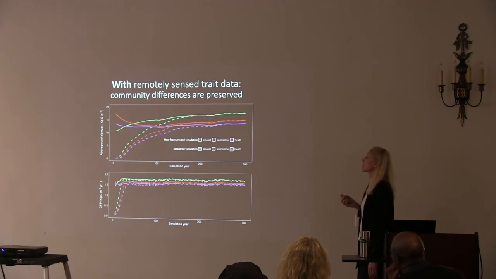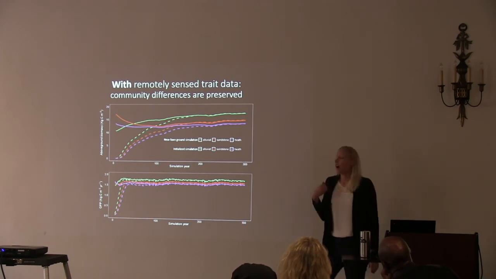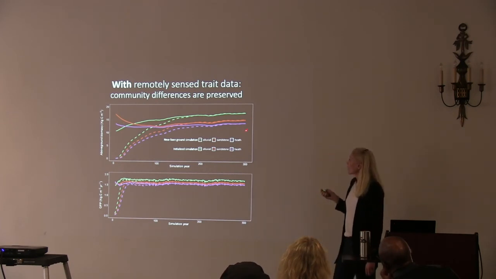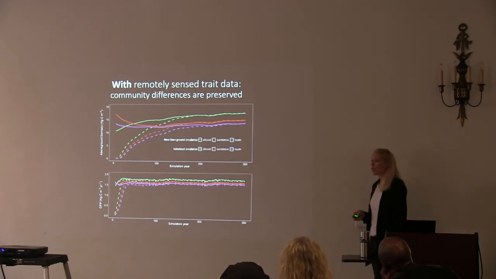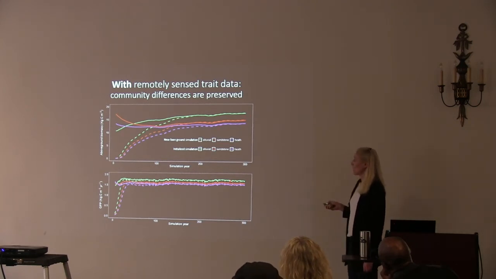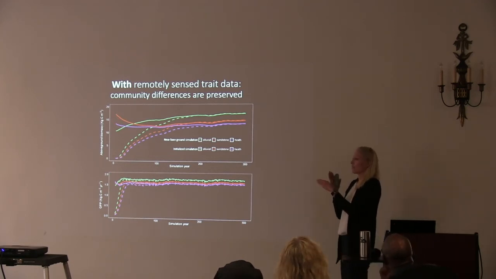If we do use the remote sensing data, so again, all we're doing here now is parameterizing plant functional types with the information from the remotely sensed data, we see that we're able to preserve differences in above ground biomass and GPP over these long-term simulations. There's a couple things I want to point out here. In terms of GPP, we would expect that to be highest in this alluvial forest. But we're clearly not getting something right in the model. So you'll notice that these switch at some point in the simulation.